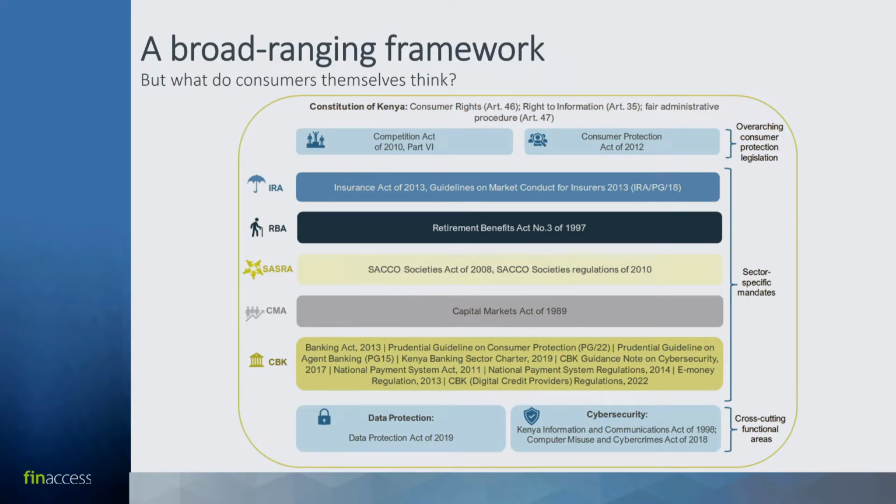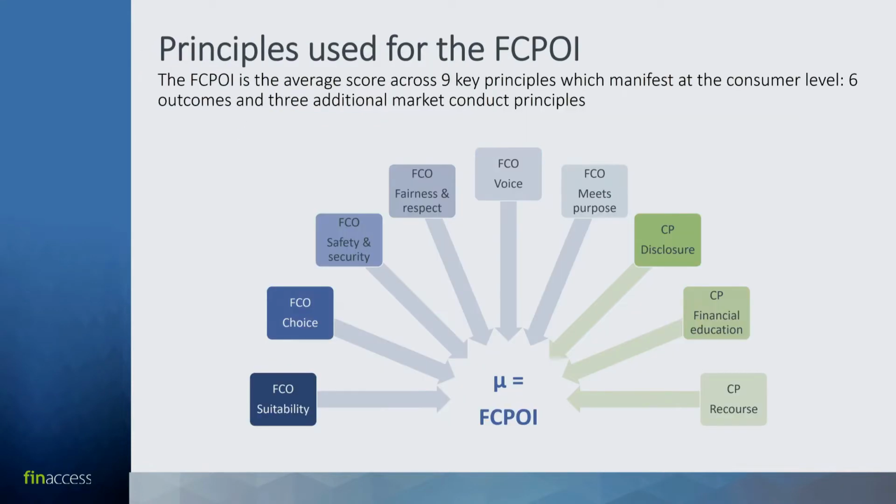However, if we say that we want to try and measure financial consumer protection outcomes from the consumer perspective, which we set out to do with this index, then you need to think about what are the indicators or the proxies that you can use that is framed from the perspective of the consumers. And that was the point of departure for our compilation of this financial consumer protection outcomes index. So the framework that we used, we found it useful to start off with the set of 6 fair consumer outcomes. So that's the FCO, the blue blocks that you see there.